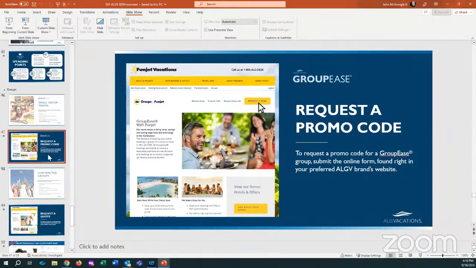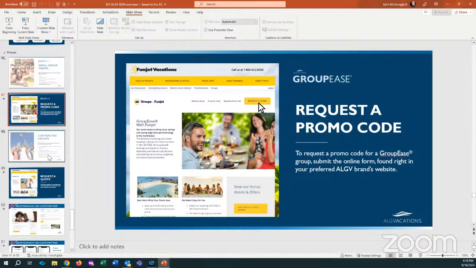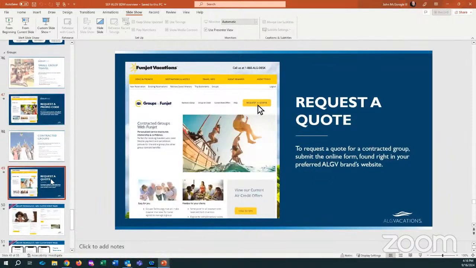And you can decide whether you're going to share that with the customers, as maybe there was a Pied Piper or somebody that kind of brought a bunch of bookings into you, some friends of theirs, and you want to reward those people. You have the ability financially, that it's coming out of our pocket through a rebate, not through yours. And you can request the quotes online for either a groupies, a flexible group, or a contracted group. So if you're doing a destination wedding, you'll have the ability to actually get inventory, put down a deposit, manage that booking for 20 rooms, 50 rooms, whatever the case may be.